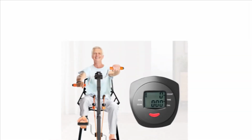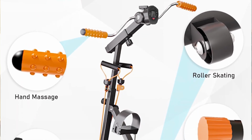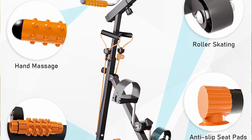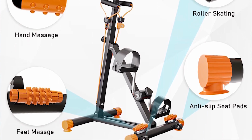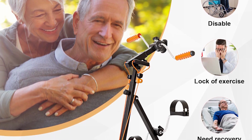$85.99. This is an excellent choice for seniors looking for a full body workout. It features adjustable design and resistance, making it suitable for users of different sizes and fitness levels. The LCD digital display helps track exercise metrics, and its stable anti-slip design ensures safety during workouts. While it's a valuable tool for rehabilitation and improving joint flexibility, some users have noted difficulties with assembly and product